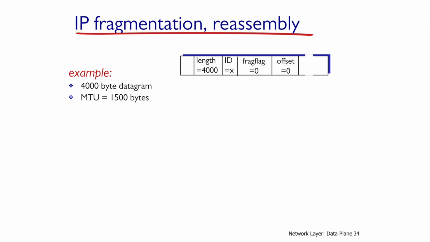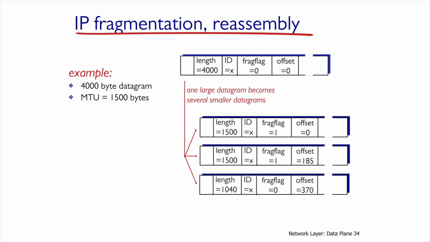Let's see an example. We have a 4000 bytes datagram. The MTU size is 1500 bytes. Therefore, we first need to divide it into 3 fragments. What do we do? We first connect all of those fragments with an ID. We write the ID in the ID field in the IP header, and it is usually a number that is set at this point. We try to have a rising and unique ID. It is given once a datagram has been transmitted, in case fragmentation is required.